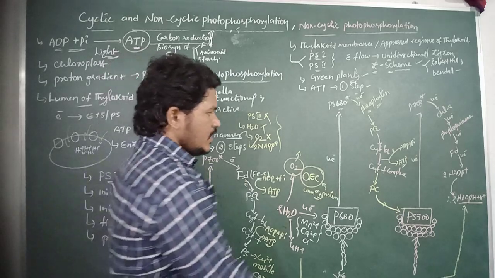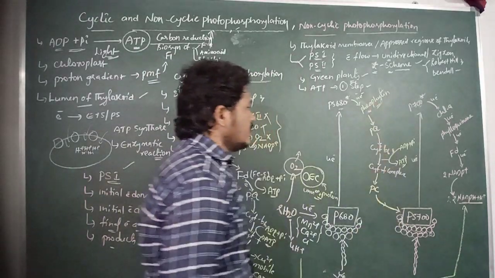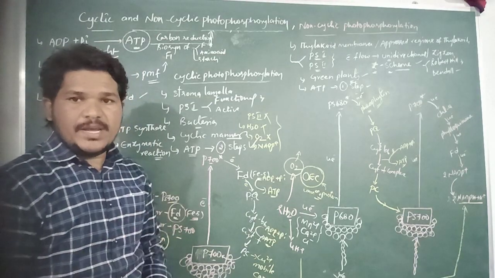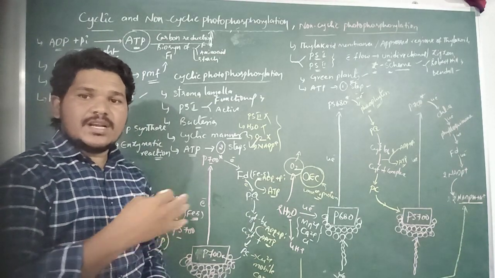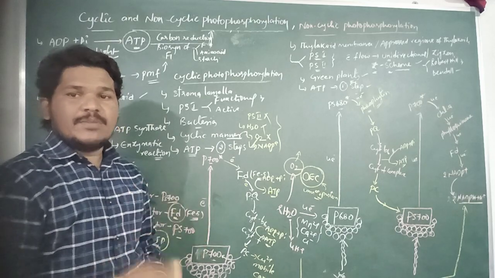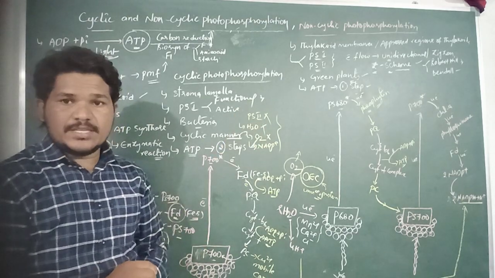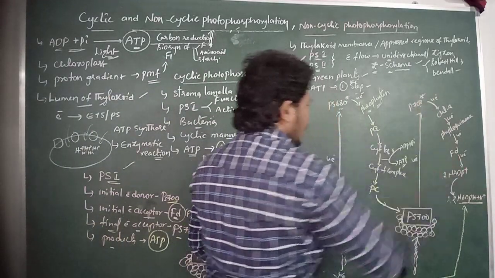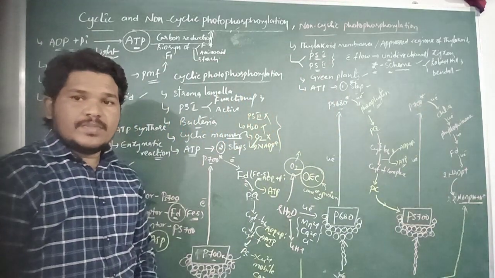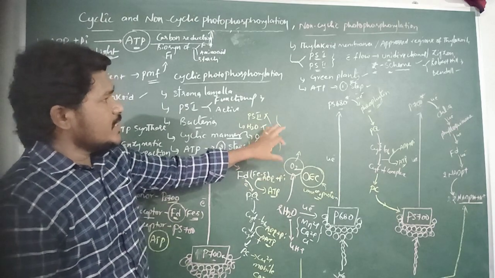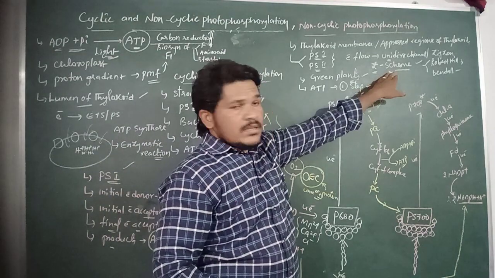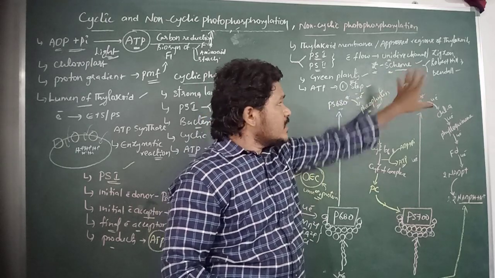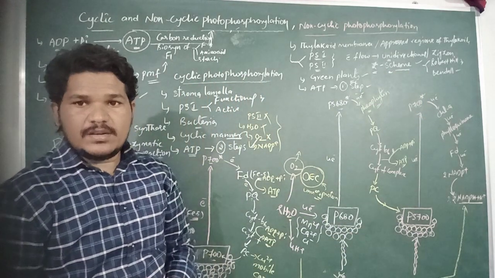This is the zigzag flow of electrons in the non-cyclic photophosphorylation in a unidirectional manner. So here the electrons do not flow in a cyclic manner in the non-cyclic photophosphorylation. So here this appears as a Z type or Z shape. So the non-cyclic photophosphorylation is called the Z scheme. The name was given by the scientists Robert Hill and Bendall.